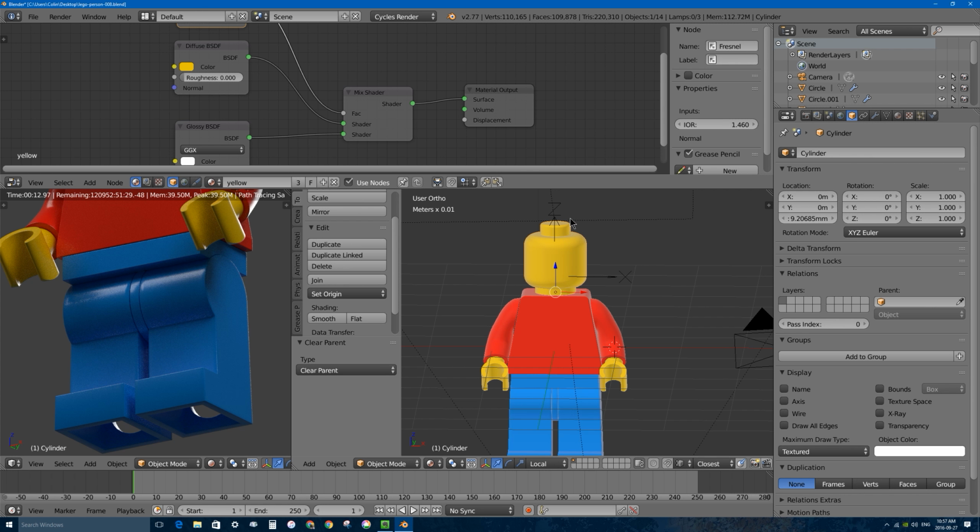So I'll go through this very quickly and apply all the constraints. We're going to make the body a child of the hips, and then both of the legs children of the hips as well, and the hands will be children of the arms. Alright, so I finished adding all the child of constraints to all of the objects that should be children of